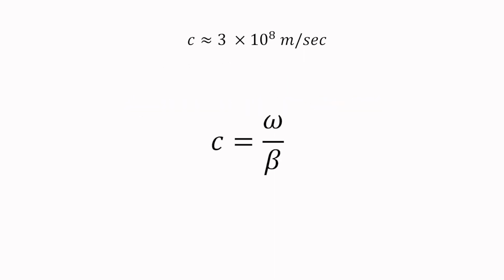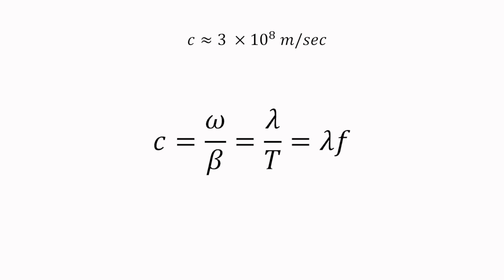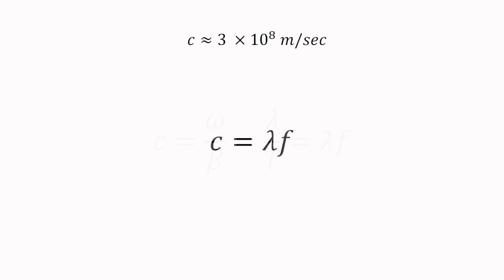Let's return to the relationship between speed of propagation and the ratio of omega over beta, now applying it to the speed of light in free space. As stated earlier, this is equivalent to saying that the speed equals the wavelength divided by the temporal period, or that it equals the wavelength multiplied by the temporal frequency. This is a very important relationship to remember, and we will be making ample use of it. We can rearrange it to show that the wavelength equals the speed of propagation divided by the temporal frequency.